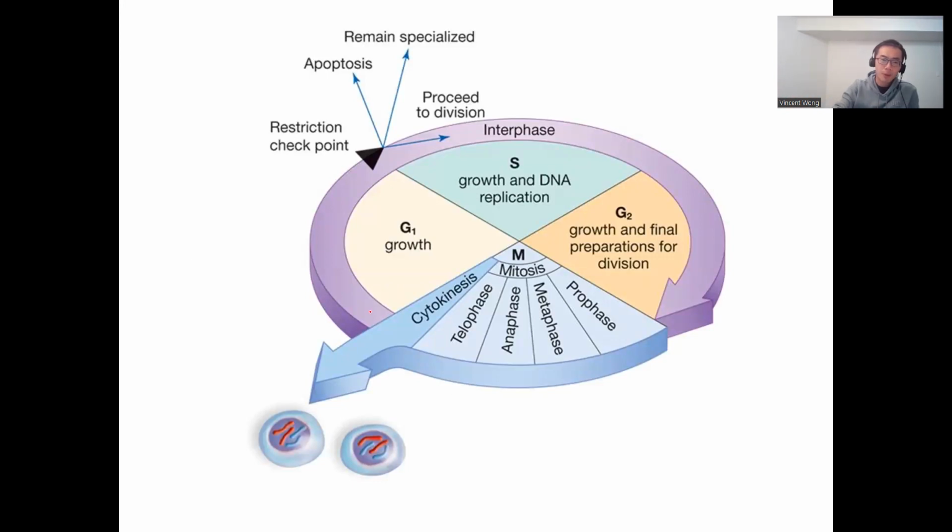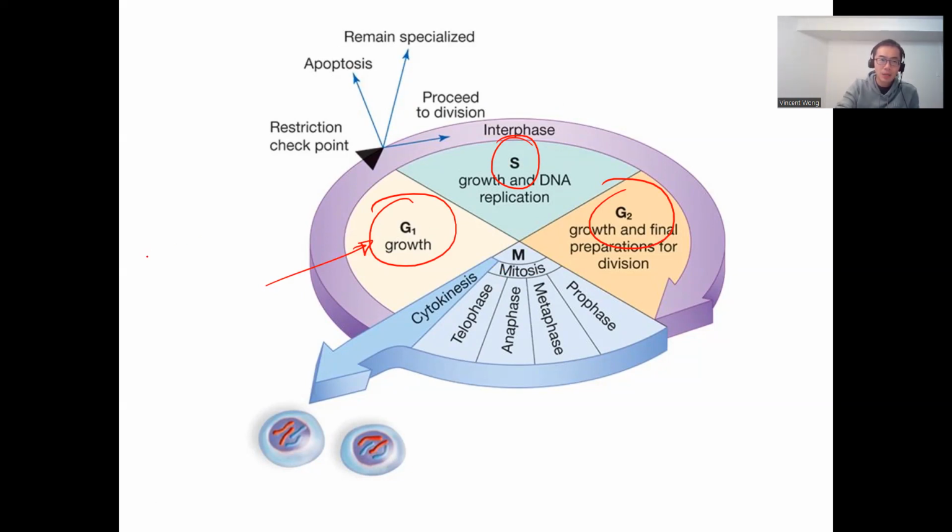So this whole purple part here, that's the interphase. And inside interphase, it's actually separated into three parts. There's G1 and G2, like getting your driver's license in Ontario, and then there's the S phase. Very briefly, we're going to come back to this in a bit, but G1, this is when the cell